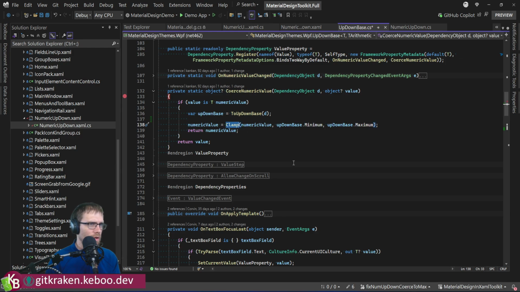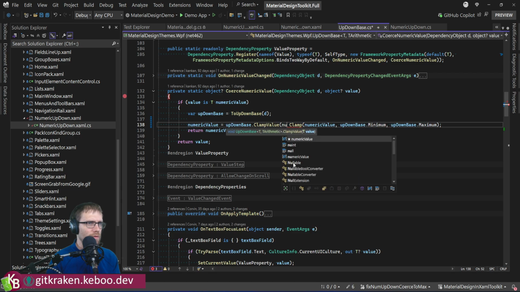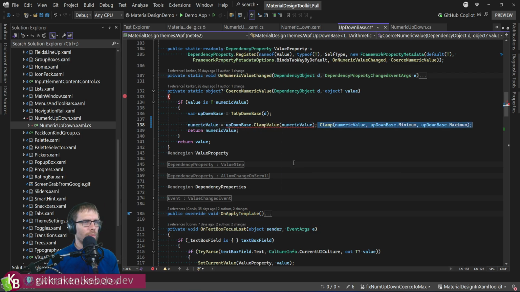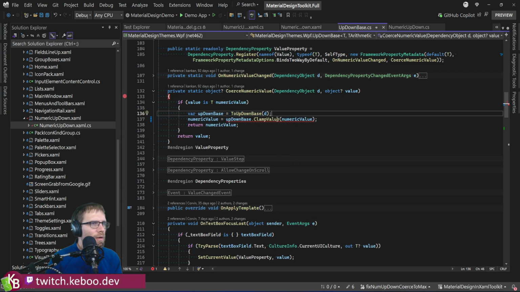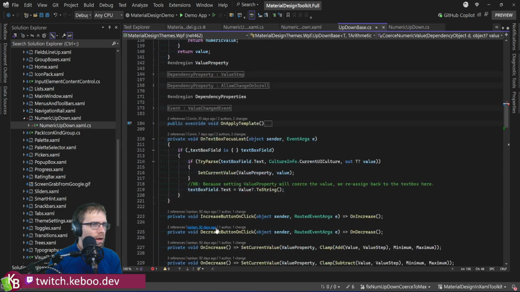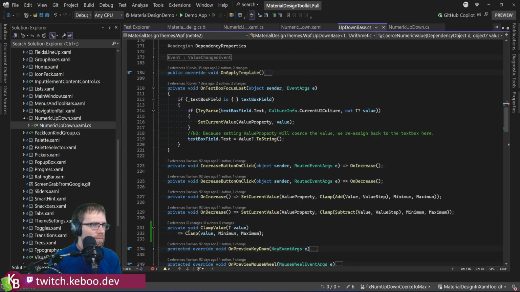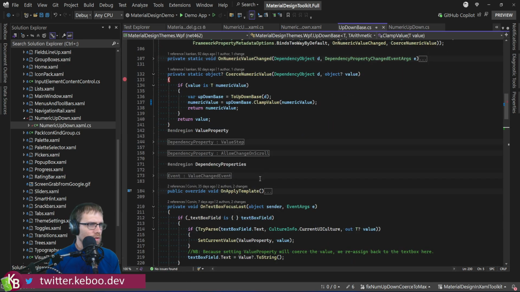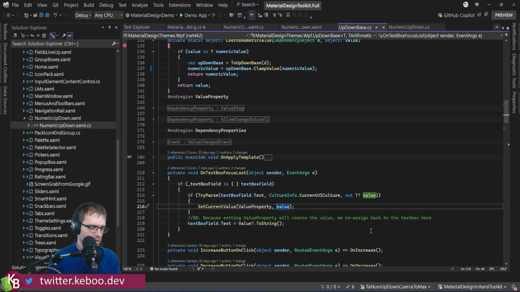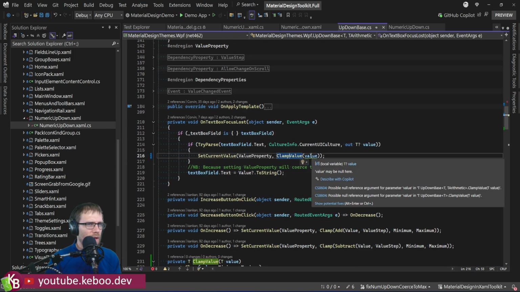And so this is going to be up, down, base, clamp value, numeric value, right? Because this is the bit of code that we want to share in both places. And I was an idiot and didn't make that thing return a T. That's what it needs to do. And then down here, clamp value. That's clam, not clamp. And then value here,